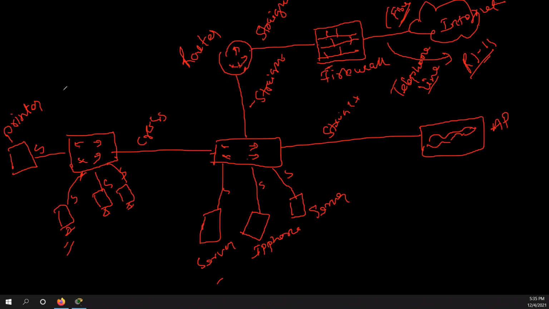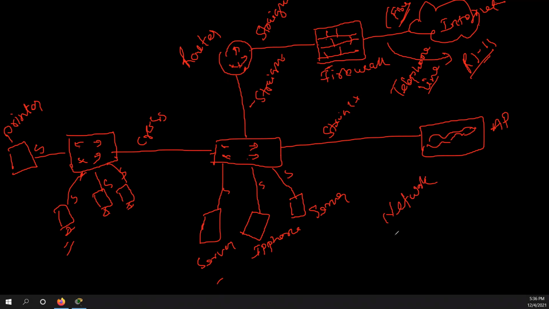What kind of connectivity is this? It is physical connectivity, but without configuring a few things within the PC, they won't be able to communicate. So what else is required? We require an IP address as well. On each device there should be an IP address so that they can connect over the network and be identified over the network. So this is known as a network.